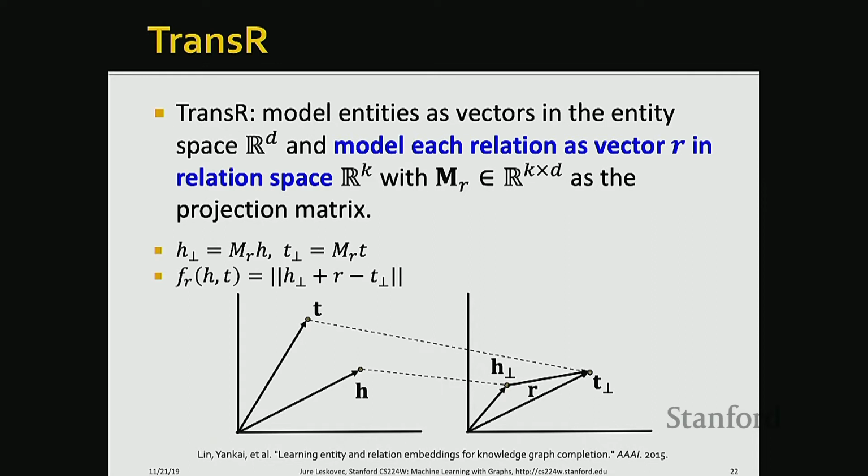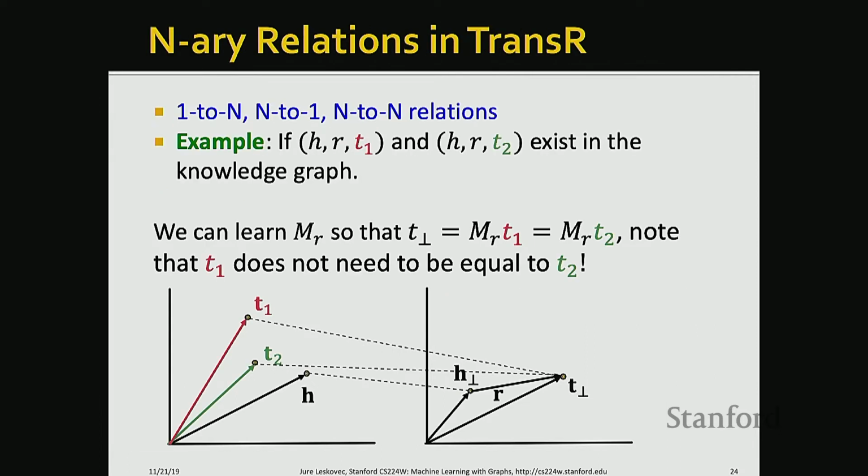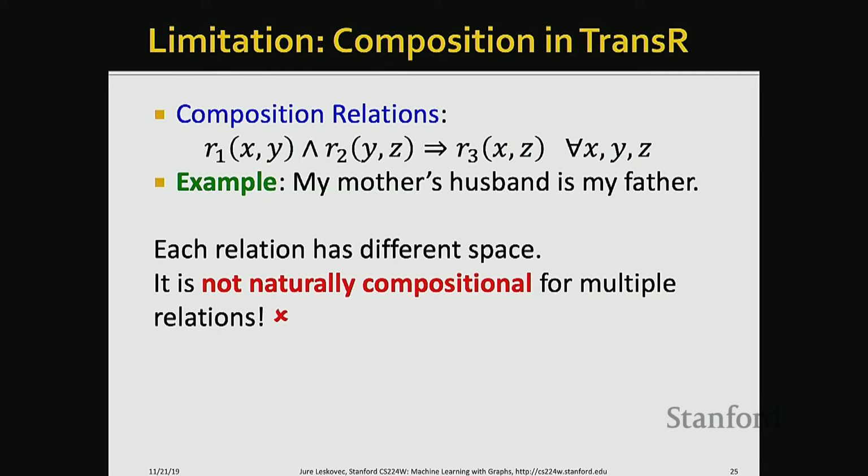This will allow us not to have anymore some of the issues that we discussed before. Basically, every time, instead of having a translation, we are multiplying by a matrix representing a certain relation, and this brings us to a different embedding space. So this is the equivalent of TransE, but applied with TransR. Now we see that in this case, we can model symmetric relations because every time we go with a different property, we're going to have a different embedding space for that property. We can also work correctly with n-ary relations,